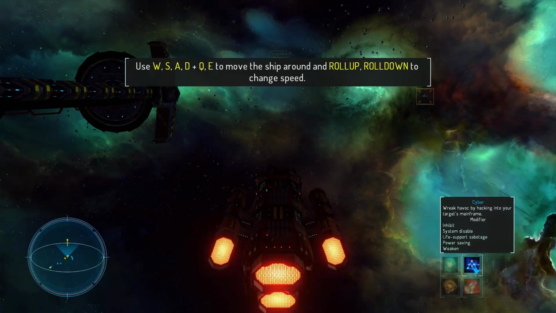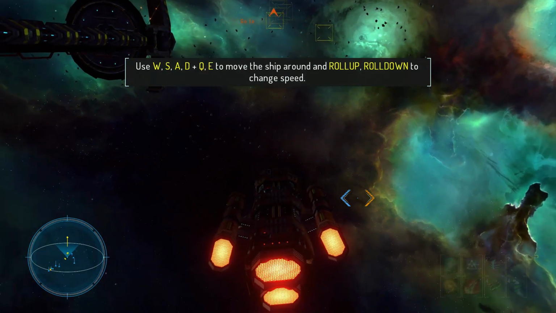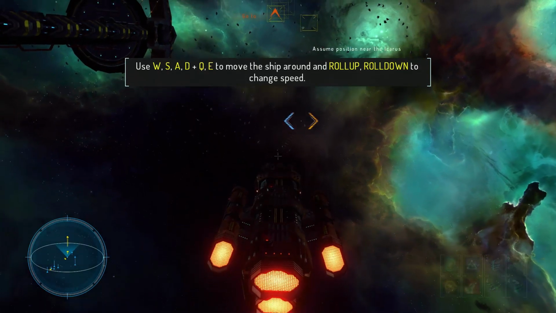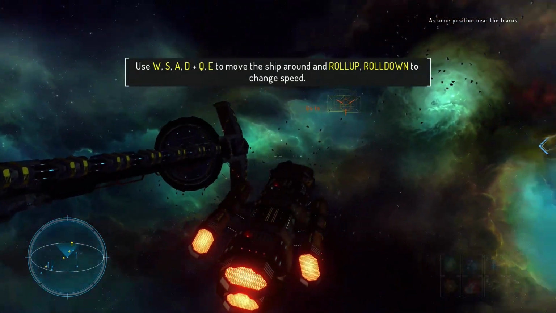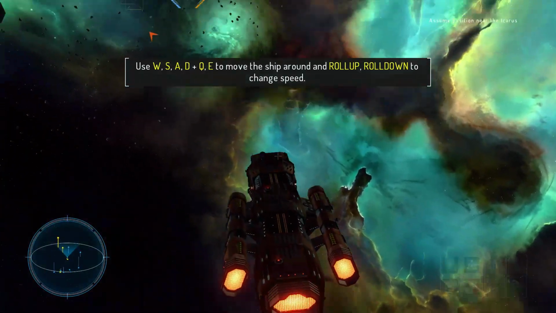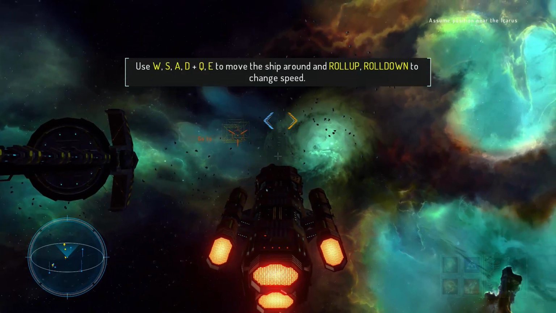So, strangely enough, they start you in this ship. WASD to move around, Q and E to roll your ship, so you have 3 degrees of movement. You can pull up, you can hit spacebar and actually directly control. It gives you more of a yoke feeling to it, so you can pull up or dive down with your mouse. I kind of prefer, with a ship like this one,